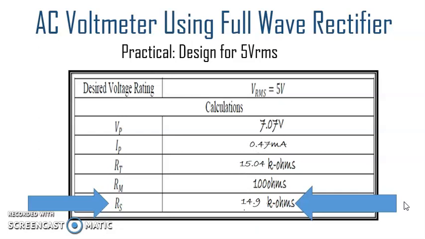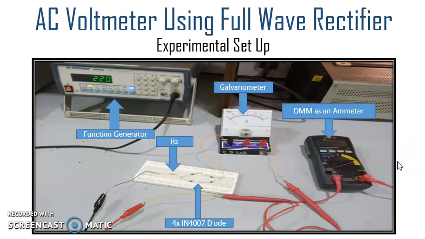For practical tasks, we are required to construct an AC voltmeter using a full wave rectifier for the desired voltage of 5 volts. The procedure is still the same. We will use the steps that are performed in the example, keeping in view that we have a PMMC which has an internal resistance of 100 ohms and IFSD equal to 0.30 milliampere, and for VRMS we will come up with the value of RS, that is 14.9 kilo ohms for the full wave rectifier AC voltmeter.